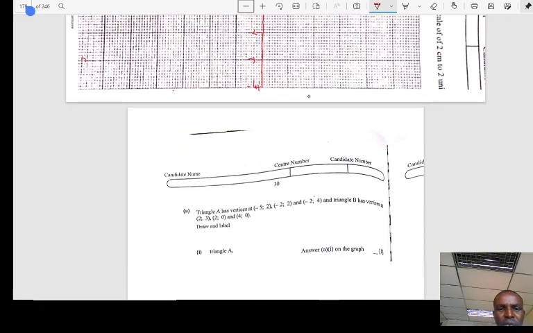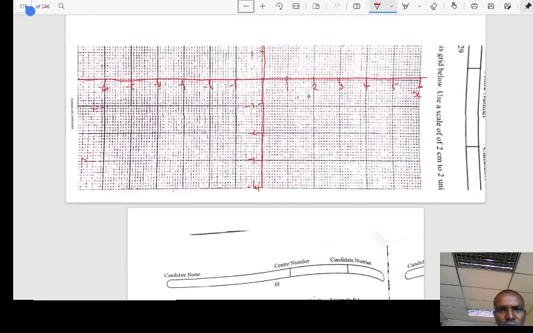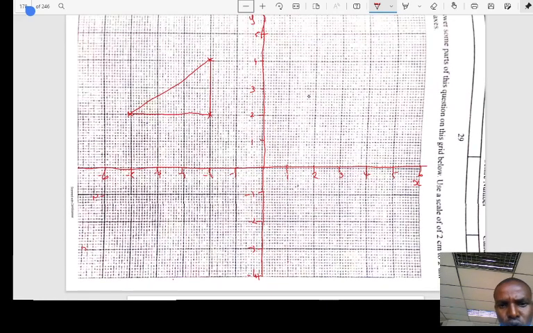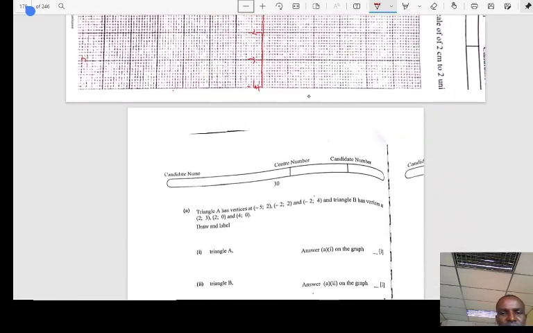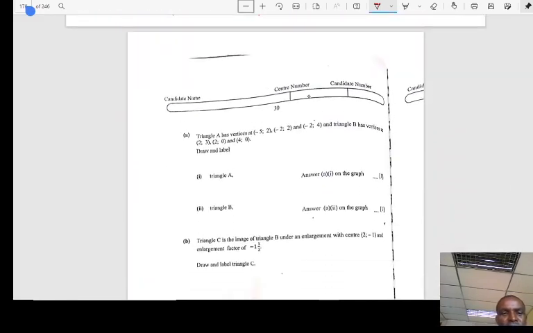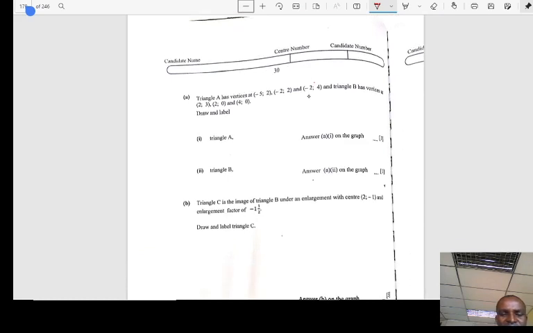Triangle A. Then triangle B: 2, 3, 2, 0, 4, 0. So 2, 3, 2, 0, and 4, 0. Like this. Right, so this one is triangle A, this one is triangle B. These are 2 marks, free marks, eh? Draw and label them. Then next, triangle C is the image of triangle B under an enlargement with center 2 minus 1